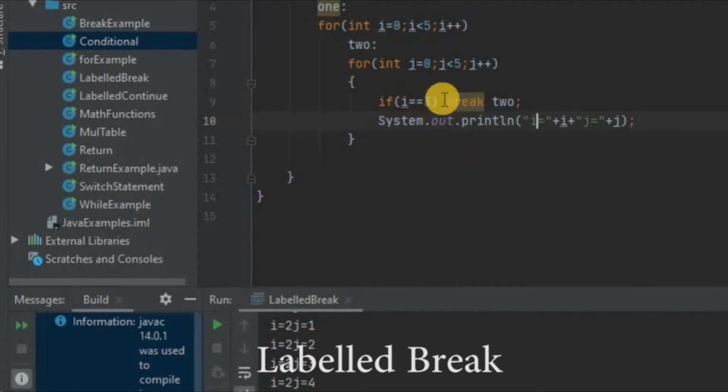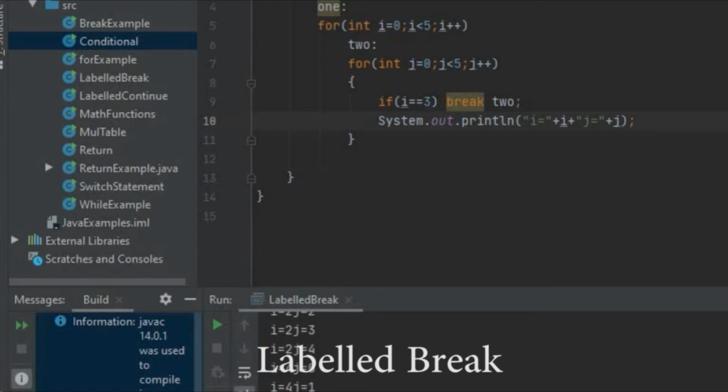That means when i takes the value 3, it jumps to 2 and repeats again, and it will not take the System.out.println. So i as 0, i as 1, i as 2, but 3 is not there, directly 4.